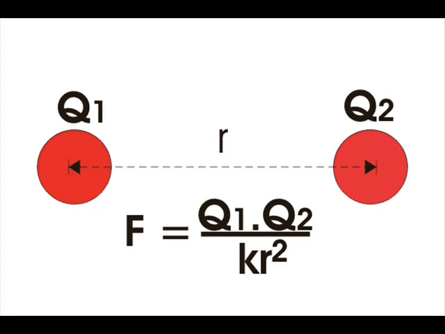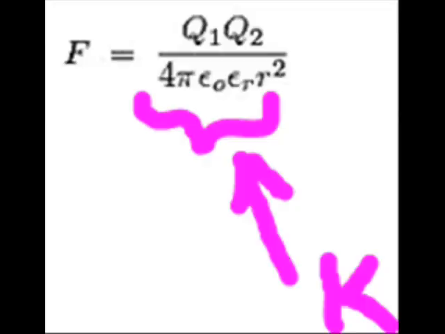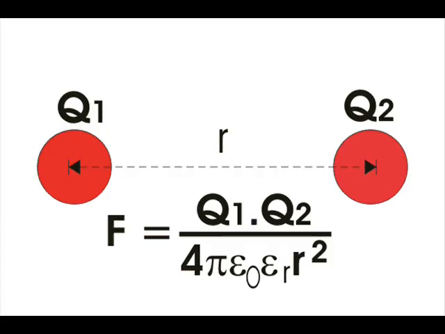In the SI system, force is measured in Newton, distance is measured in meter, charge is measured in Coulomb, and K equals 4 pi epsilon 0 epsilon r. The force acting between the charges is expressed as F equals Q1 into Q2 divided by 4 pi epsilon